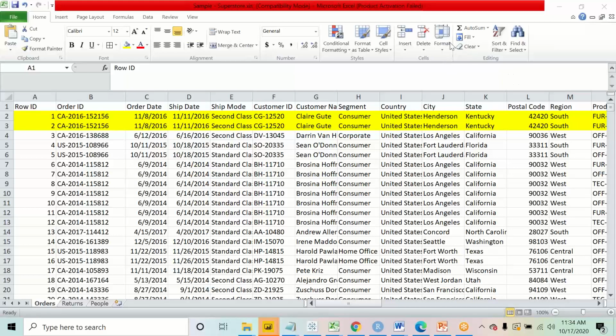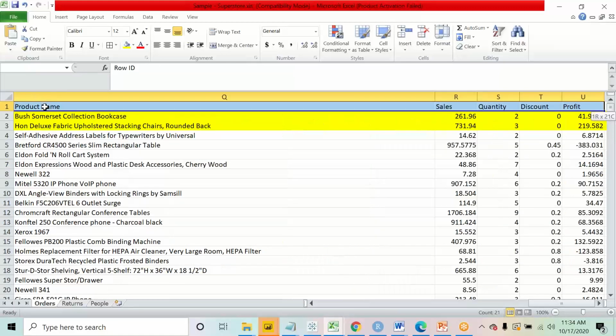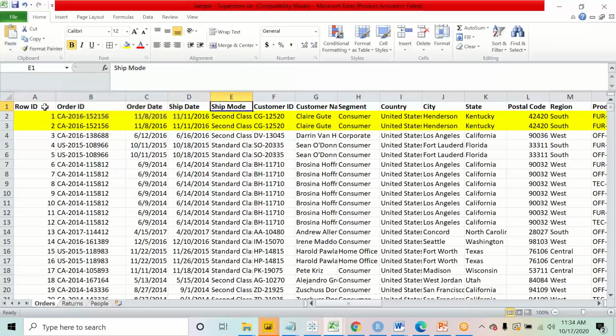What I'm doing now is I'm just going to explain the data set one more time. So these two data sets that I had, right, orders. Just pay attention to these columns that I have. Okay, these are the headers, right? If you see, this is a generic data set about a superstore, right? Like when you place an order on Amazon, there is an order ID that gets generated.